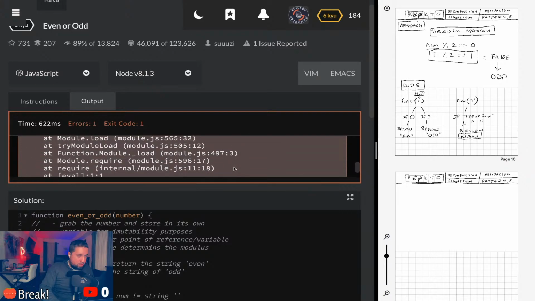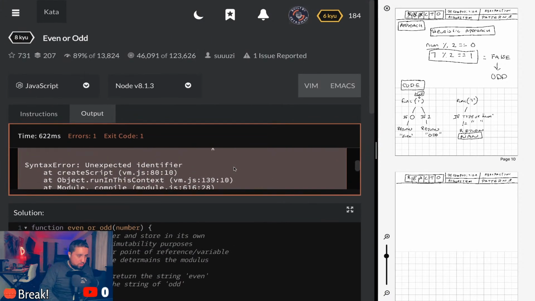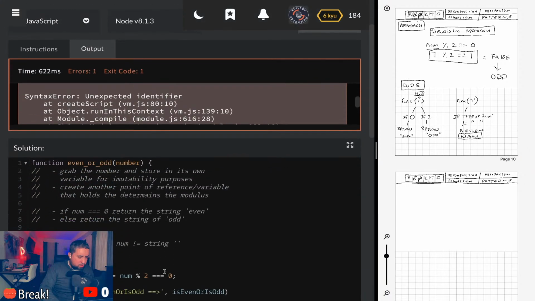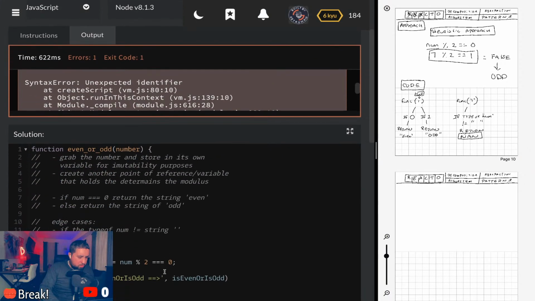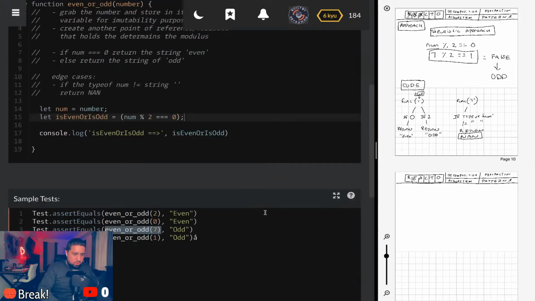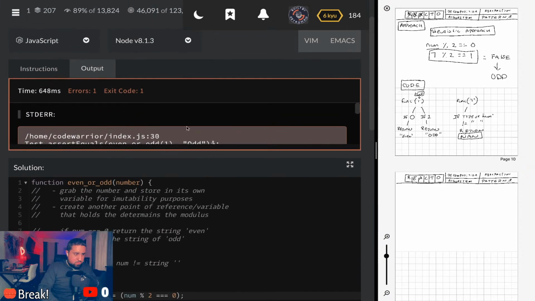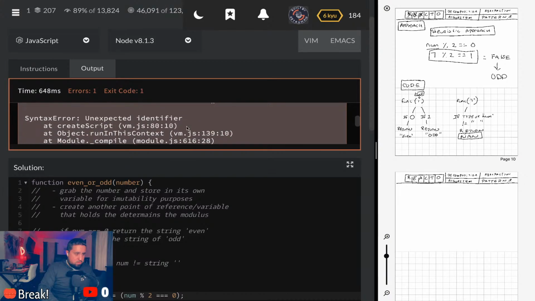Syntax error. Where exactly is my syntax error? Unexpected identifier. Do I have to wrap this? Let me just wrap this in parentheses and maybe do that. Okay, create script.